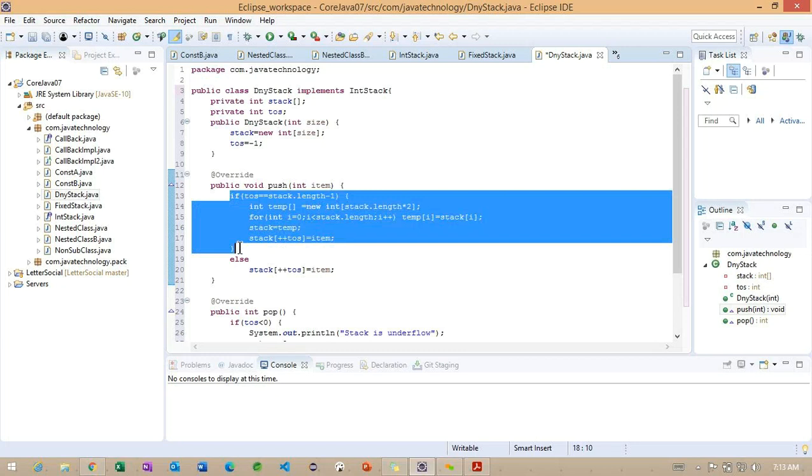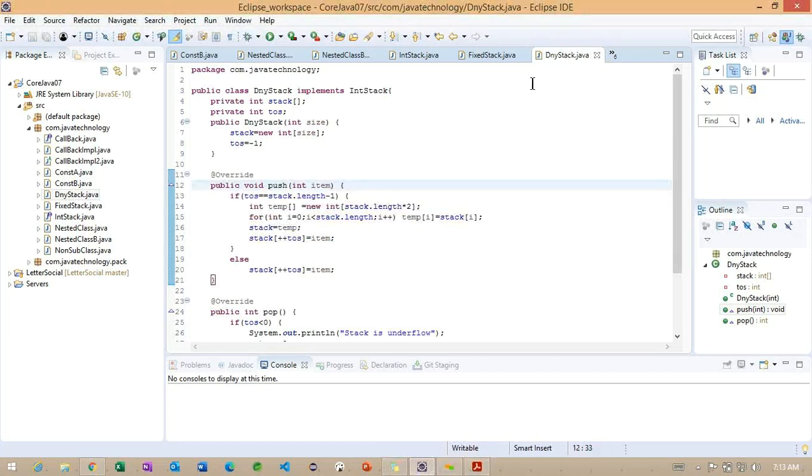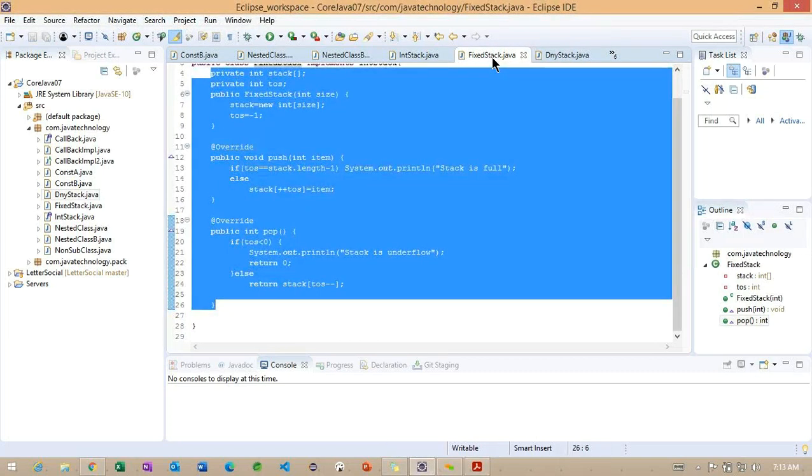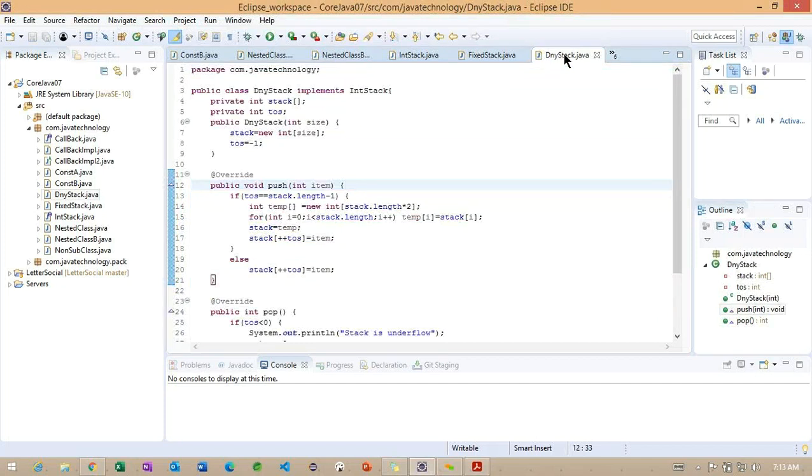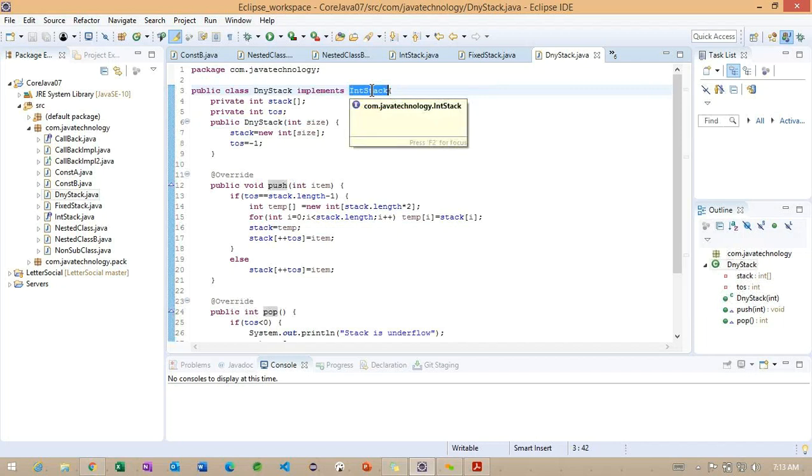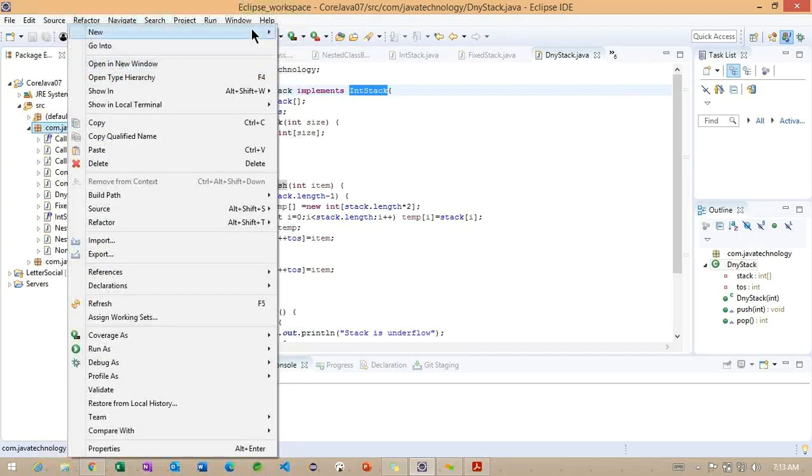We'll check this example in the debugger. First we'll go for the fixed stack, later for the dynamic stack. What we need to consider is how we are using the interface, which is important here. Getting the point.